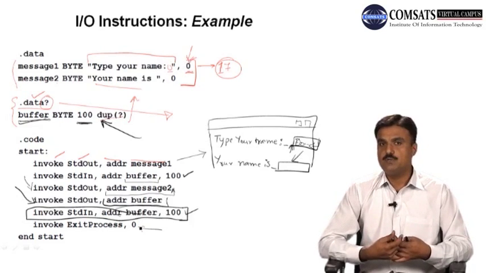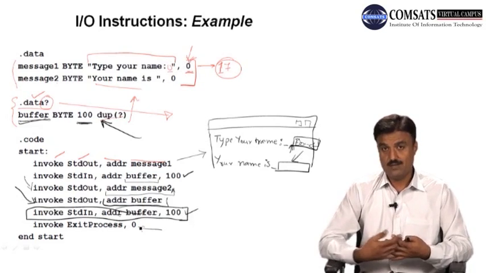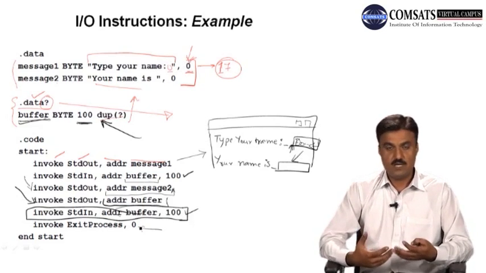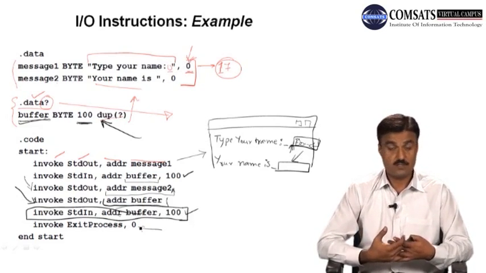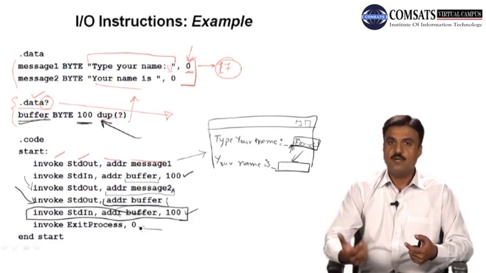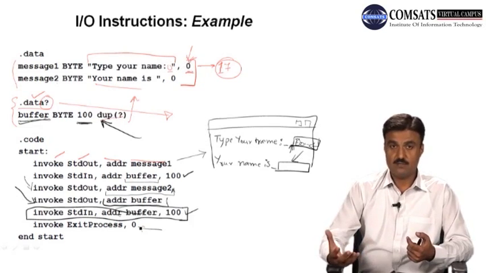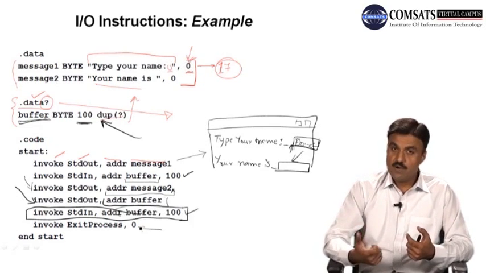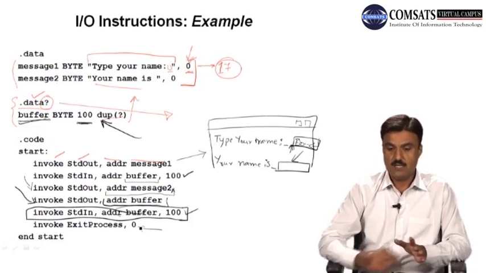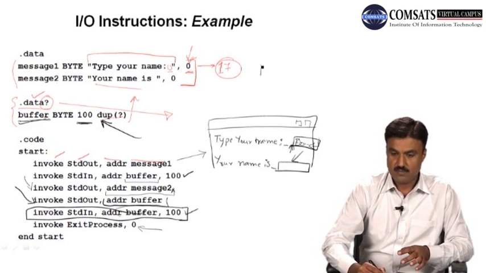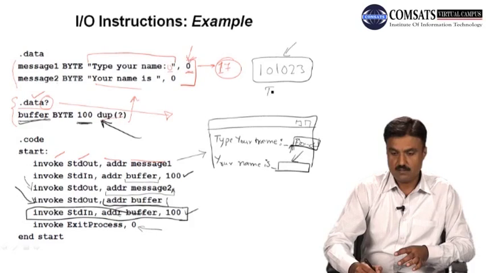But if we want to use that value to perform calculations, addition, subtraction, or other operations, then we have to take those ASCII values from that buffer and convert them into the actual number, because if we type 1 0 1 0 2 3, for example, this will be